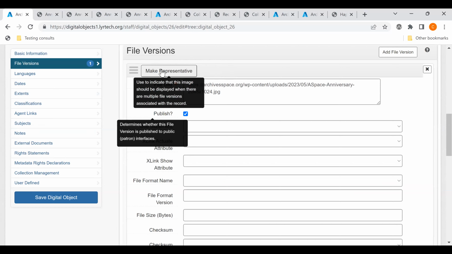There's also a Make Representative button on every digital object instance subrecord on the types of records that can have digital object instances. So that would be accessions, resources, and archival objects / resource components. We sometimes use those two terms interchangeably. So that button in that context is used to indicate which instance is the one you want to have show